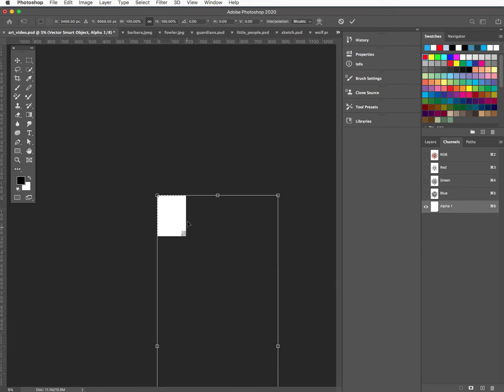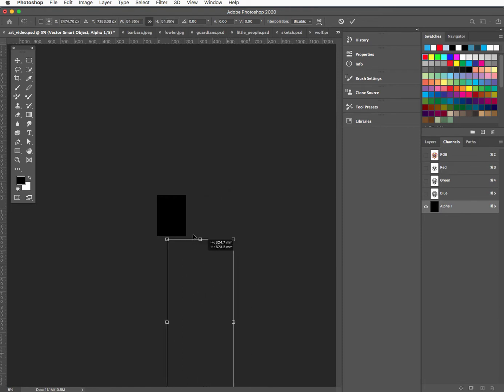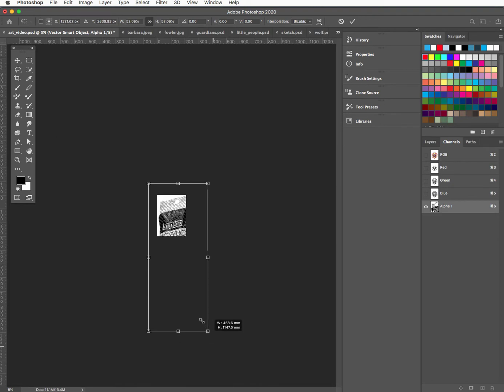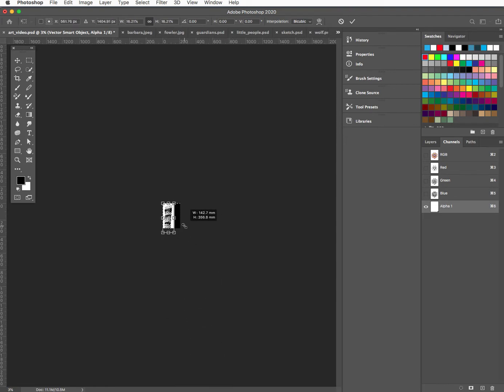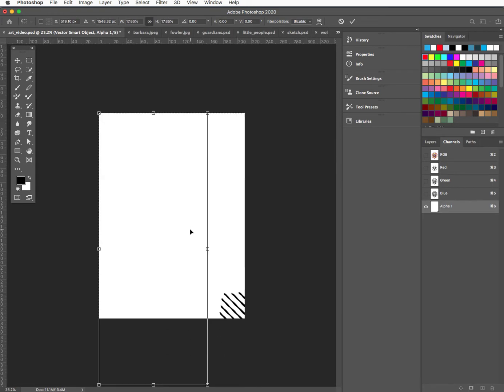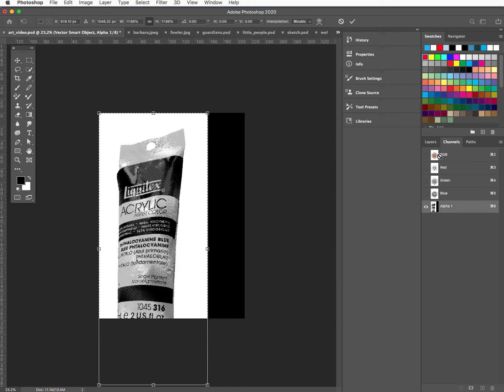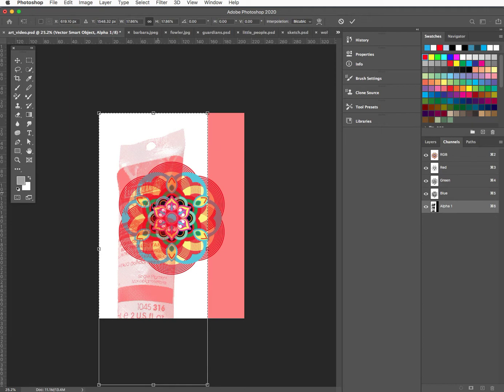Command T, I can see, because I can't really see much, and it's just because I had that high resolution in it of 400, it just scales it up really largely, and drag it right up there. Now if I go Command 0 to fit it in the window, I can switch the eye on beside RGB,